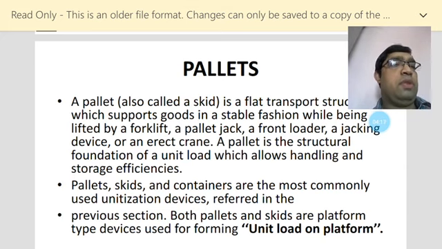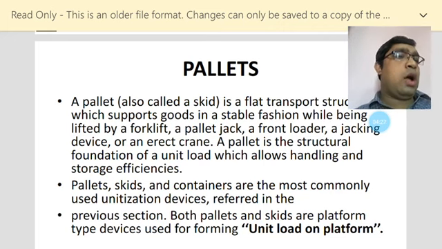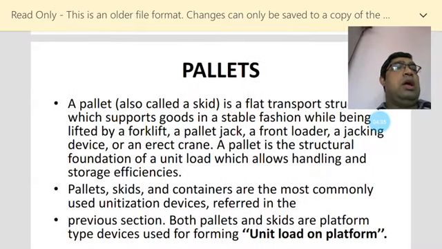The pallet is basically a wooden structure, and it is not very costly, it is low cost. High quality wood is not required to produce a pallet, and basically scrap wood is used. These pallets can be used many times, and the cost is not high, and the pallet skids